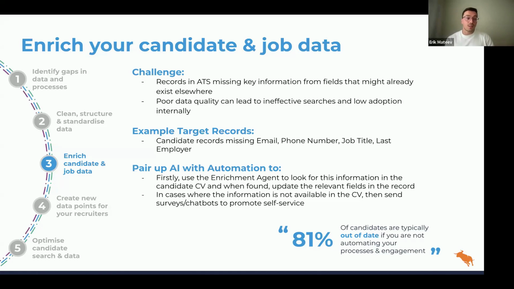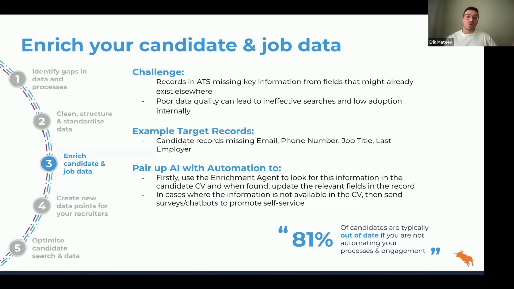A great way to solve this is by using an AI data enrichment agent. So if we think about a candidate typically applying for a job with you or just giving you their CV, that CV in most cases is going to include an email address, is going to include a phone number. It will definitely include their latest job and who they work for, right? So chances are that all these candidates that are missing that information just weren't parsed in properly. The data enrichment agent can go and extract that information from places where it already exists, like the CV, and put that data into the right field. It can go and extract the email address from the CV and put it into the email field, the phone number into the phone number field, and so on and so on.